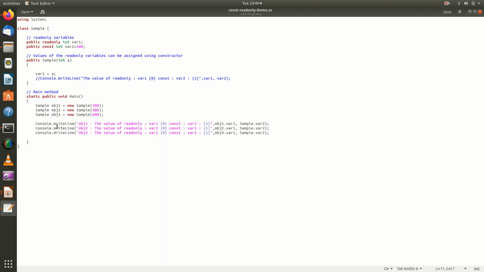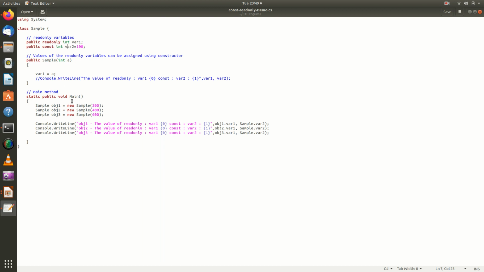So here in the main method I am creating 3 objects. So 3 different objects are created. All these 3 objects will have variable 2 as a common value, whereas variable 1 will have values 200, 400 and 600, different for each and every object.